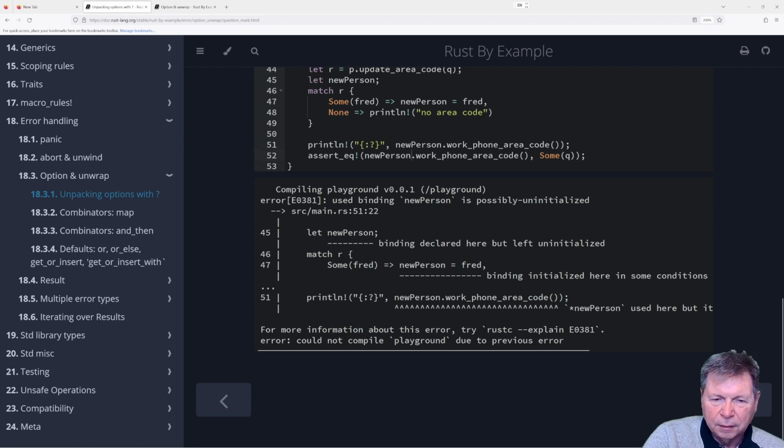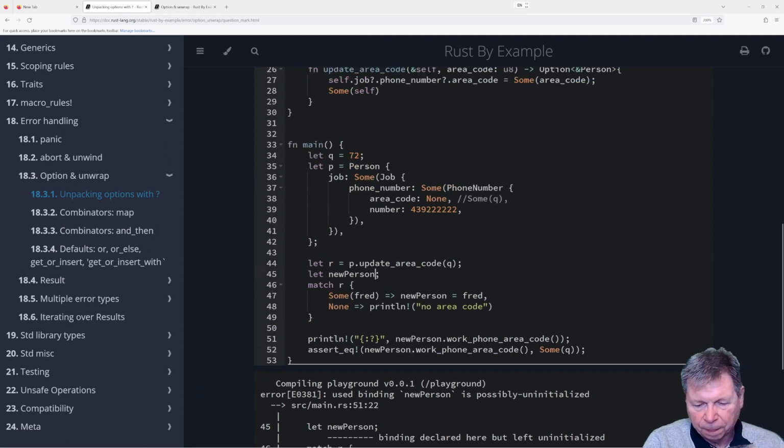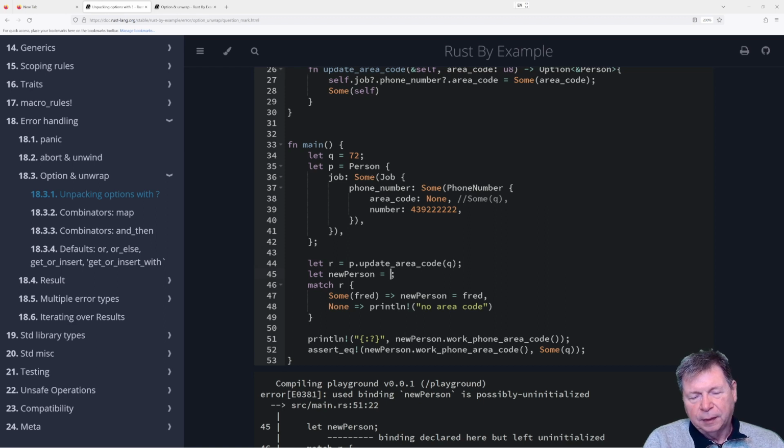Okay, that is true. How do I do this? I mean, if it's none, I don't actually want to, I want to bail. So, return?